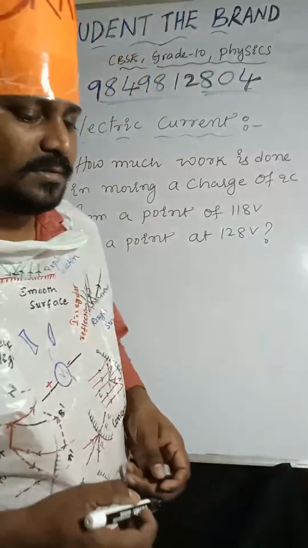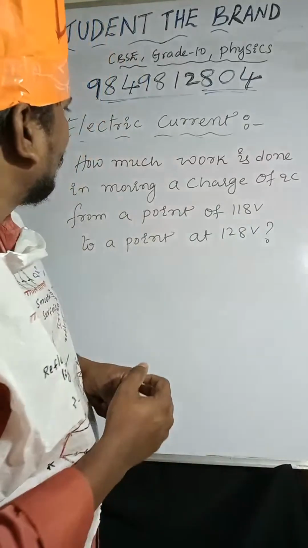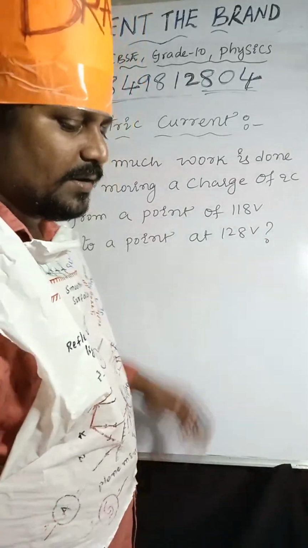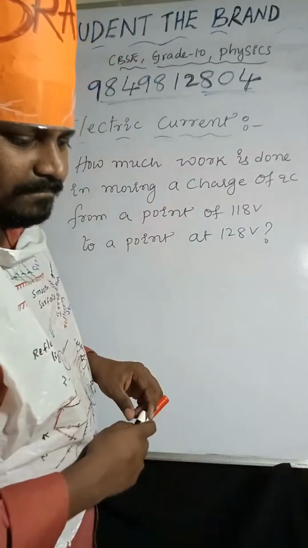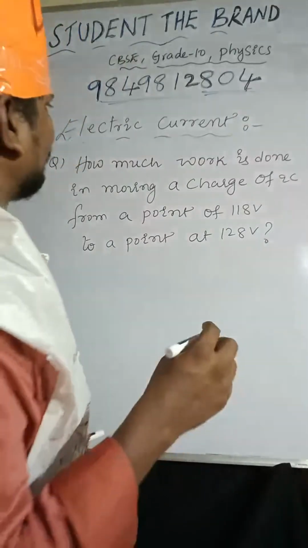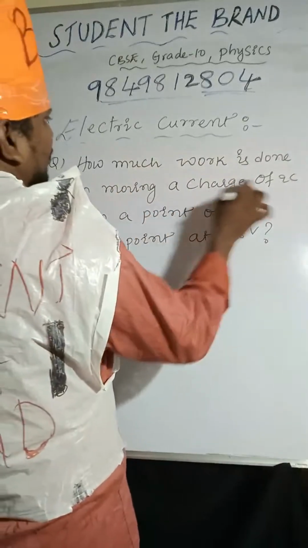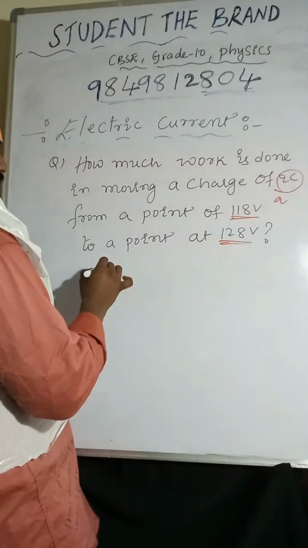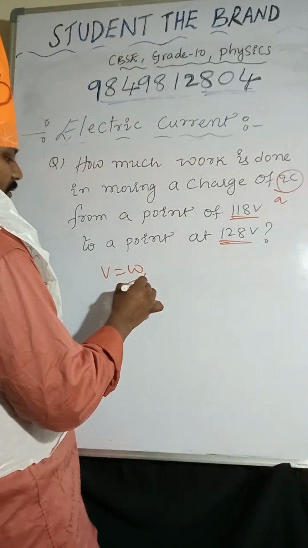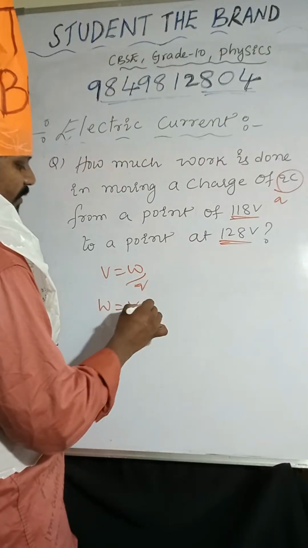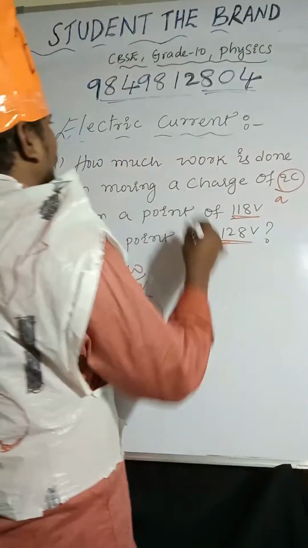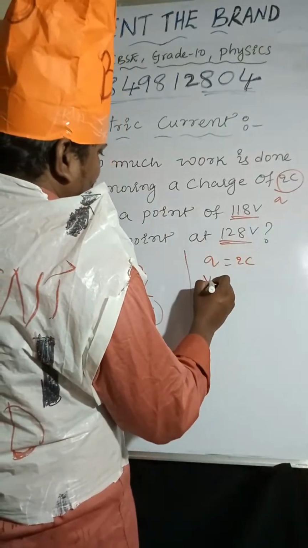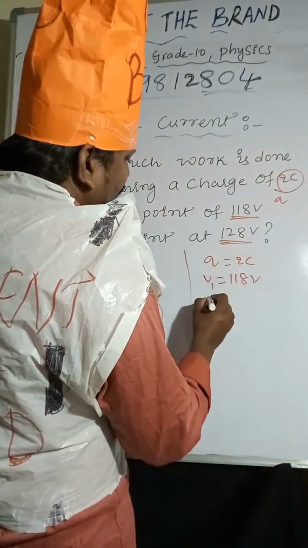This question. Will you get 24 by solving this one? We'll see now. How much work is done in moving a charge? So Q is given and potential difference is given. So V equal to W by Q, right? So W equal to V into Q. So this we have to do. Given values Q equal to 2C, and here V1 equal to 118 volts, V2 equal to